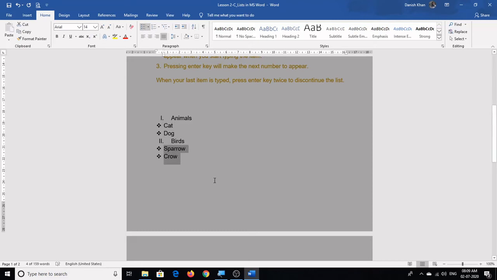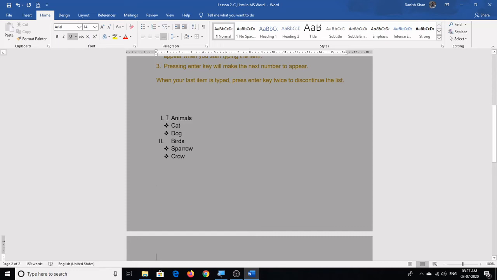So there are two methods. Either you use the multi-level list or directly from here you can make it a different list. But remember that you should indent it inside to look like a subset of the list. So I'll use the indent icon over here, and over here also I'll select it and click on indent. Can you see? So this way you can create a numbered list, a bulleted list, or a multi-level list.